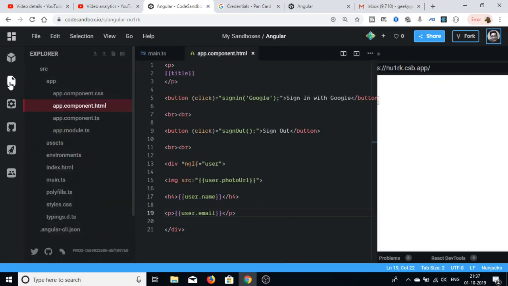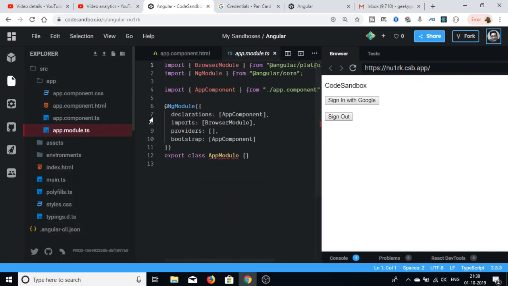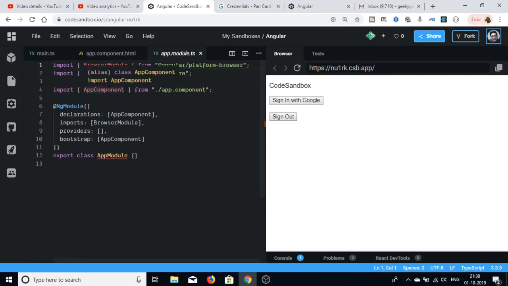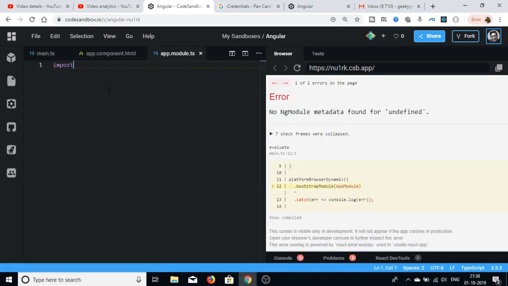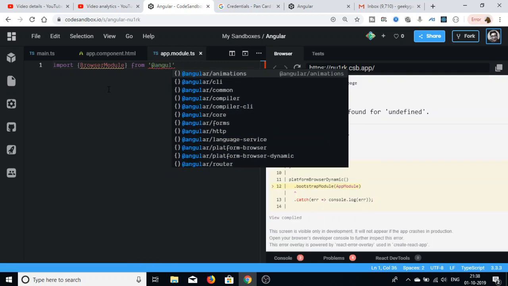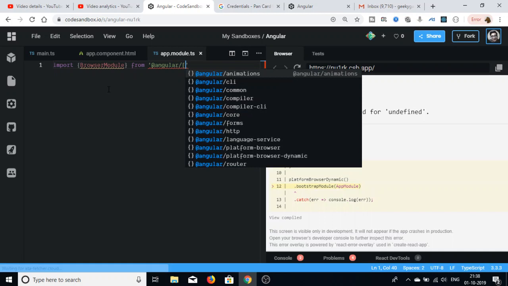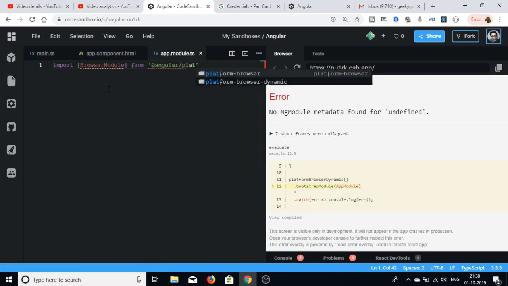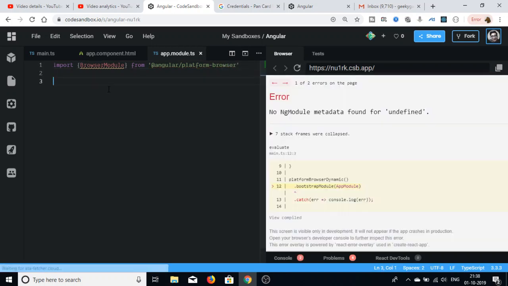So now we will be moving on to the app.module.ts file. So we also want to delete all this here and start from scratch. So the first thing that we need to import is the BrowserModule from @angular/platform-browser. This is the dependency. So after this we need to import NgModule